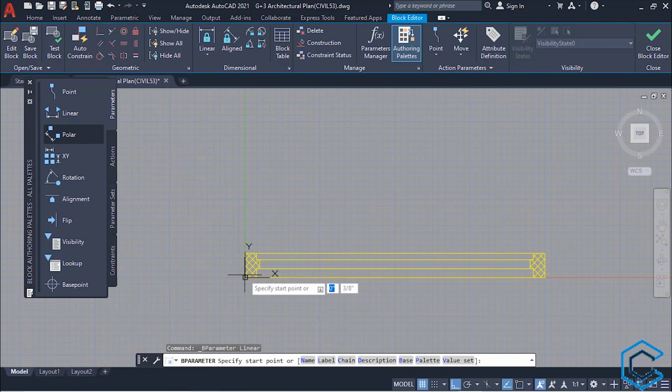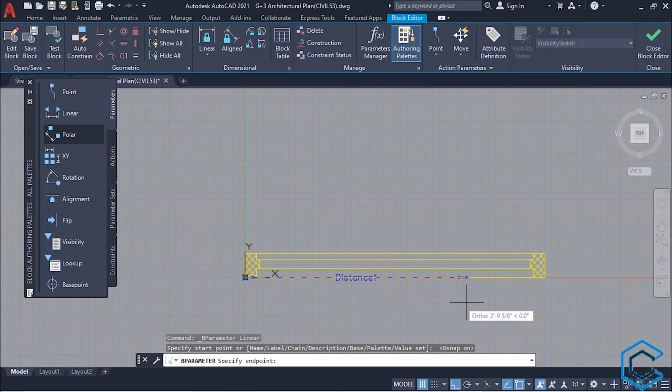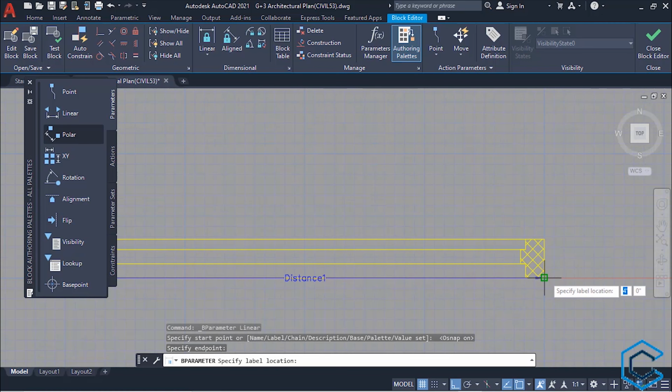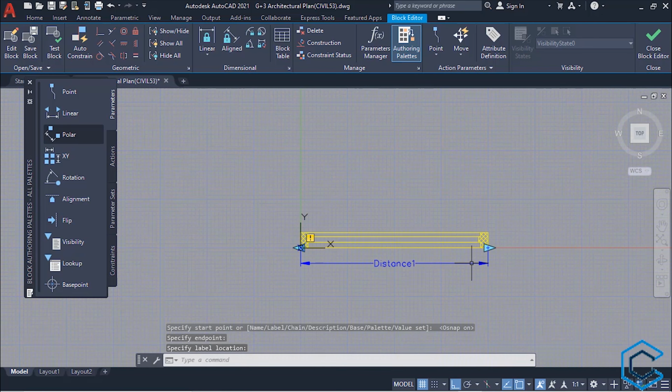Turn on the Object Snap, F3. Select this point, left click. Select this point, left click. This will represent our window width. Now we are going to stretch this part of the window